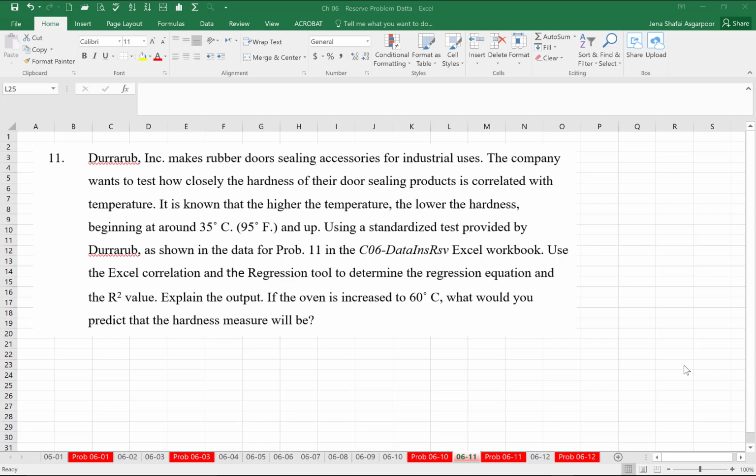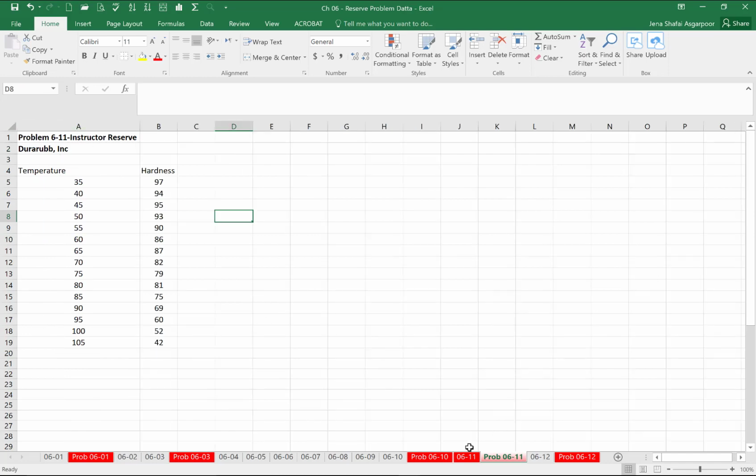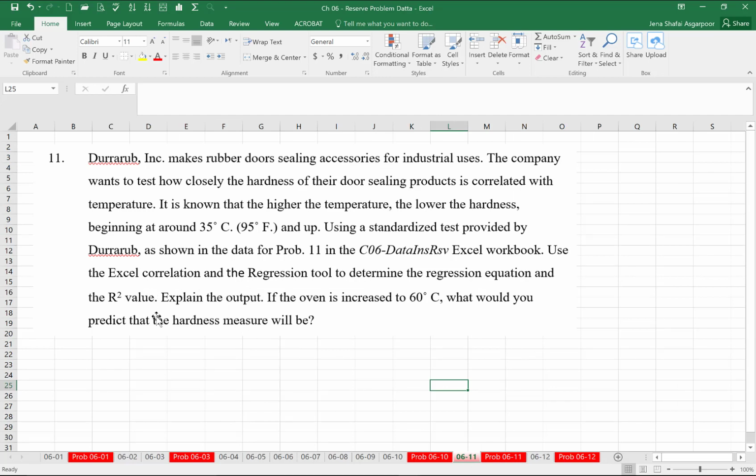It is known that the higher the temperature, the lower the hardness, beginning at around 35 degrees centigrade or 95 degrees Fahrenheit and up. So what we must do is use this data set right here, and we will use the regression and correlation tool pack, and we should interpret the results, and we should also see if the oven is increased to 60 degrees, what would be the predicted hardness. So, because we're predicting hardness right here,